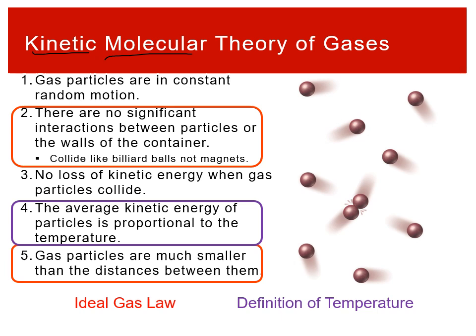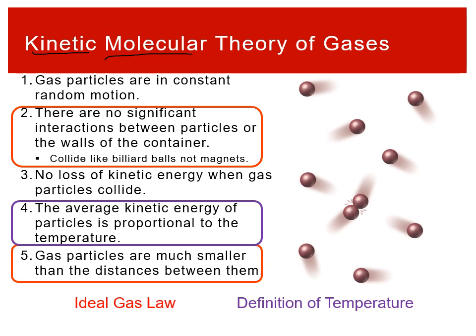Other parts of it, the average kinetic energy of particles is proportional to the temperature. That's just our definition of temperature back from chapter 5, right? So kinetic molecular theory of gases is really important historically, and we already have actually used a bunch of the parts that come from kinetic molecular theory. One of the things is that molecules exist. So we've used those ideas without really talking about it. So we're just going to talk about a little more of the parts of kinetic molecular theory and a little more on the implications, right?